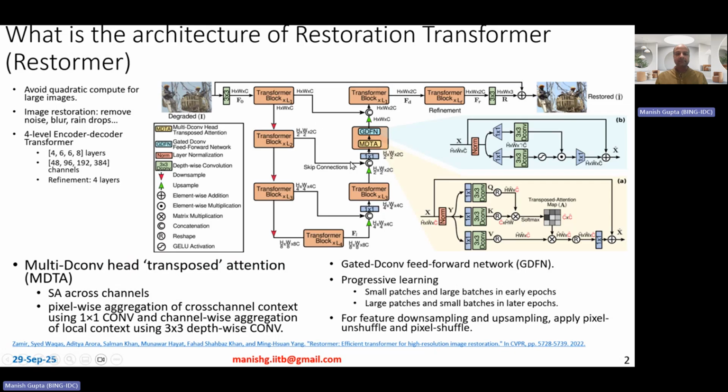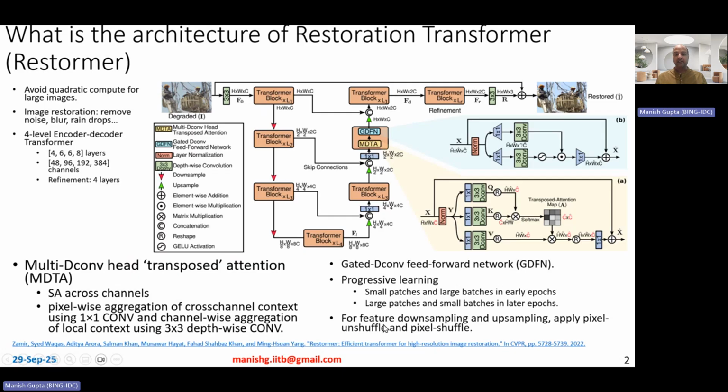Now you also see that the input image obviously has 3 channels. But across these different levels, the number of channels changes. The number of channels is increasing: here there are 48 channels, here 96 channels, here 192 channels, 384 channels, and so on. To do the downsampling, there's downsampling going on the encoder side, as is usual in any encoder decoder transformer module for images. The downsampling means your h cross w is becoming h by 2 cross w by 2, and so on. The downsampling is done using a